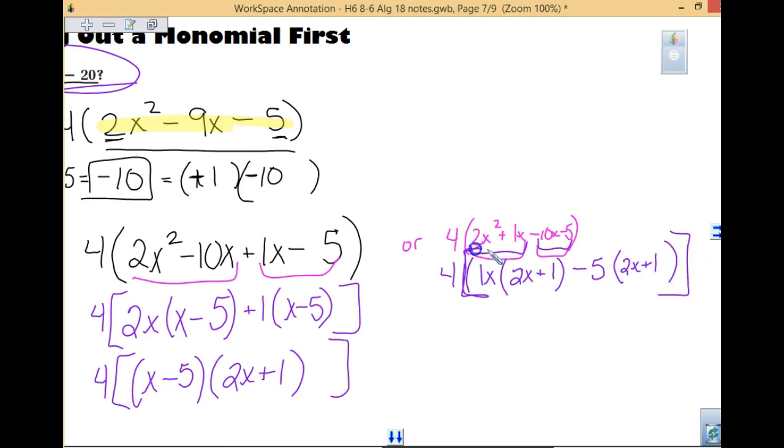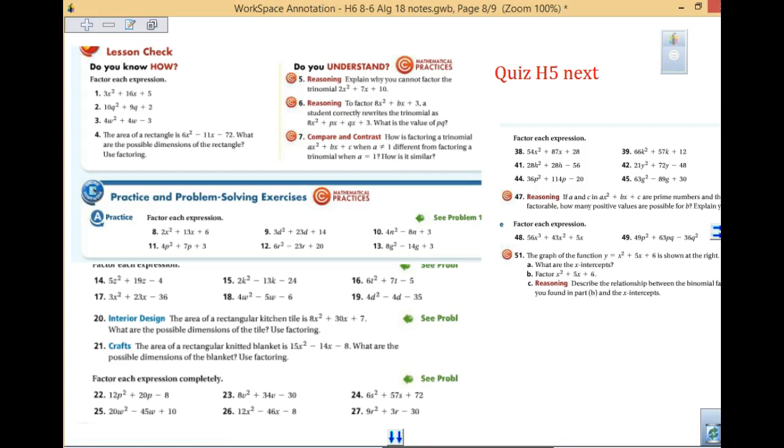This is kind of my big, and this is not till the later problems that you're doing, okay? But that's how we keep the 4, and this is now the same answer, right? We can factor out 2x plus 1 in both times x minus 5. And at this point, if you have 4 times this parenthesis, I'll take it either way. Because you could take 4 times just one of these parentheses, and it would work out for your answers if you do that, okay? So this is a little harder